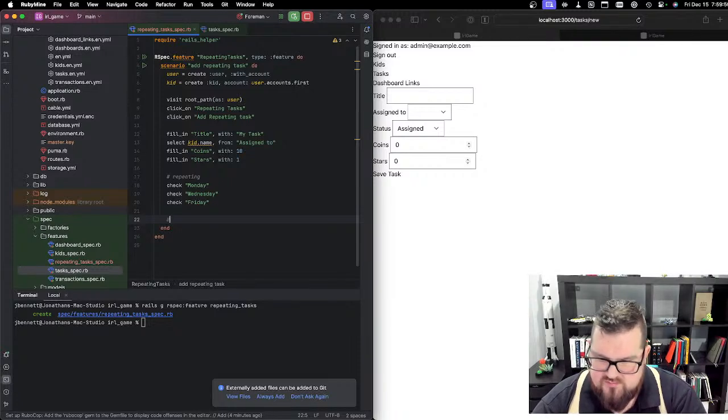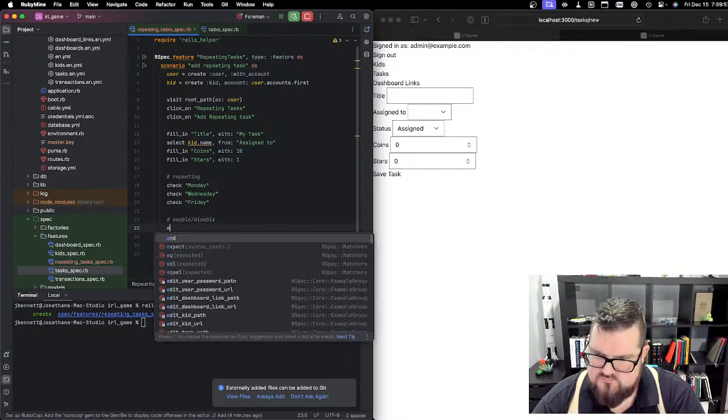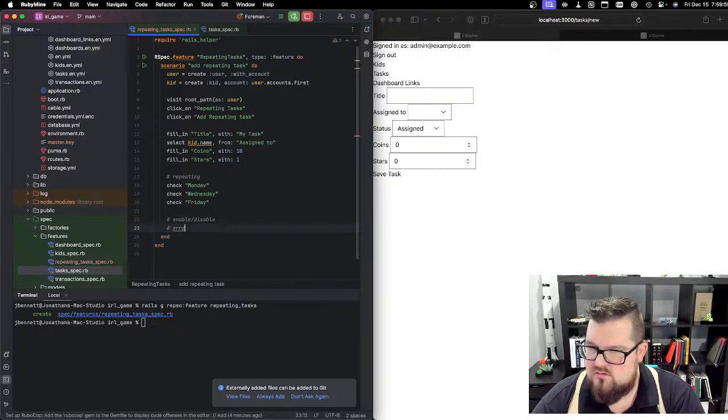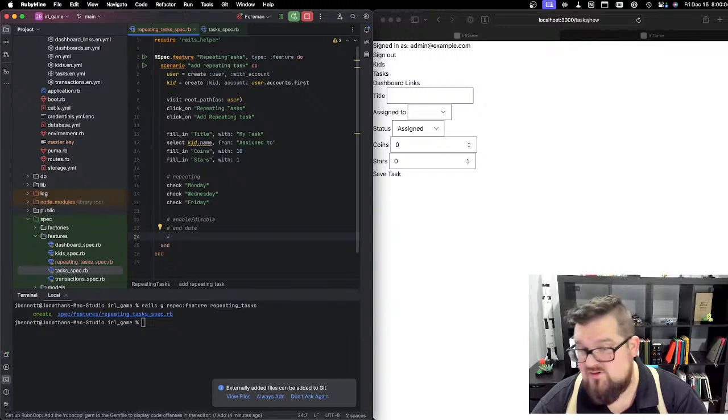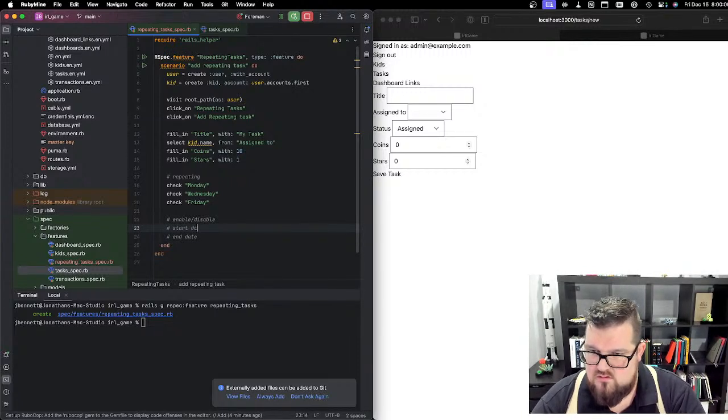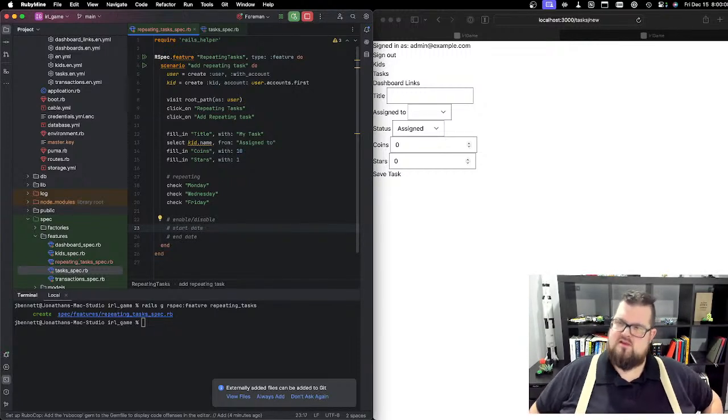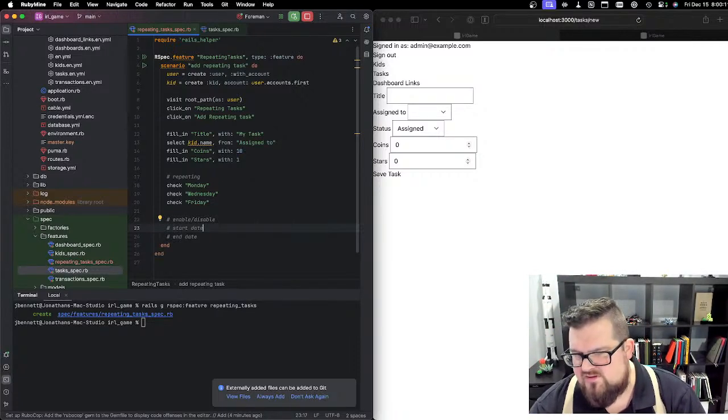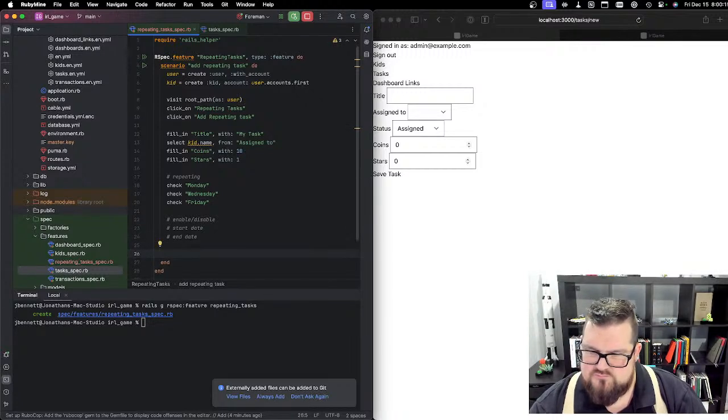And here we're probably going to do stuff for enable, disable it, ending, and maybe actually even probably start date. You can set it up now and have it start working a month from now. If you're doing this for your kid and it's August and they're going to start school in September, you know, well, we'll see. So click on save repeating